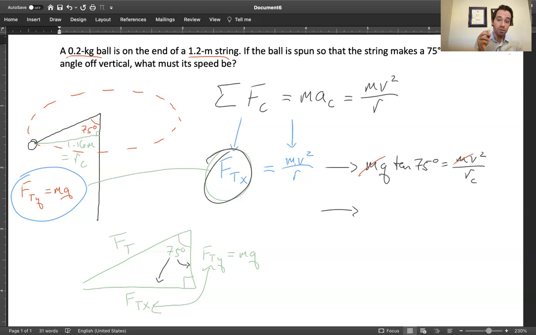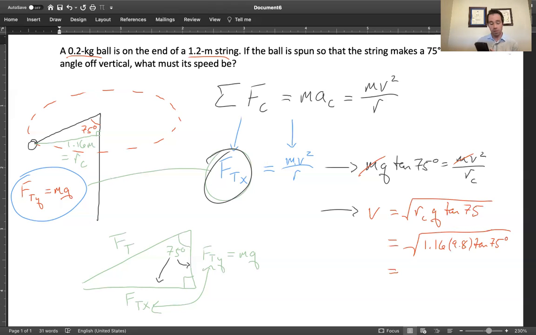So now we have to solve for v, the velocity. I'm going to do a couple algebraic steps at the same time. I know that v, when I isolate the v, it must be because I multiplied by r_c, and also I must have taken a square root. So I'm going to say that'll be equal to the square root of r_c times g times tan 75. And that is, I guess I'll write the numbers, 1.16 times 9.8 times tangent of 75 degrees. And yes, save me, Mr. Calculator. Square root of 1.16 times 9.8 times tangent of 75 degrees is everybody's favorite number, 6.51